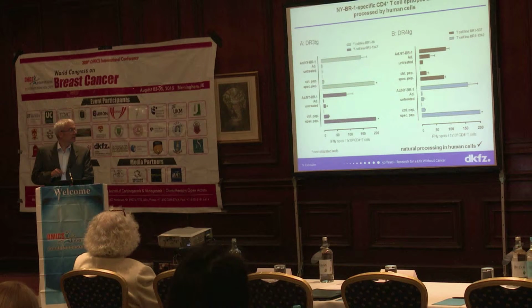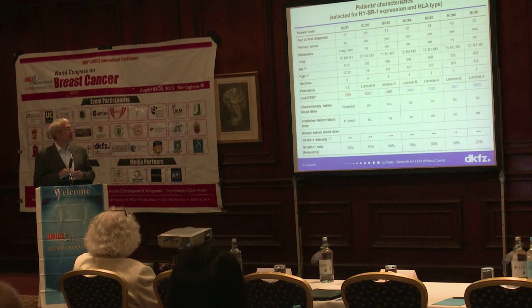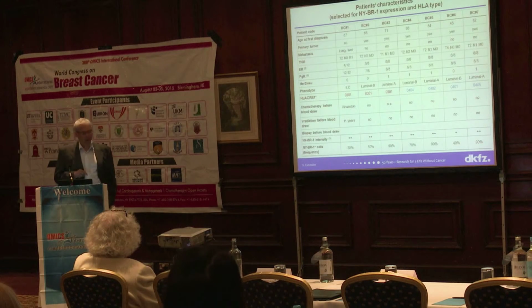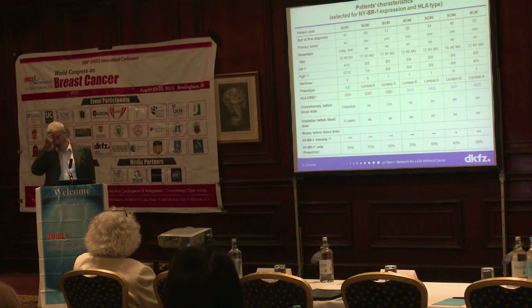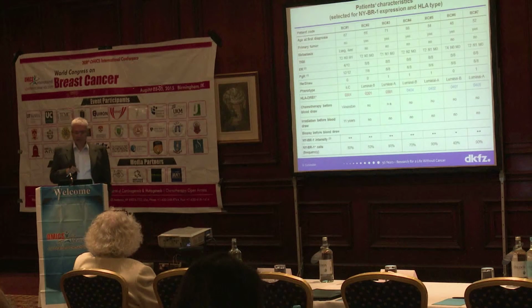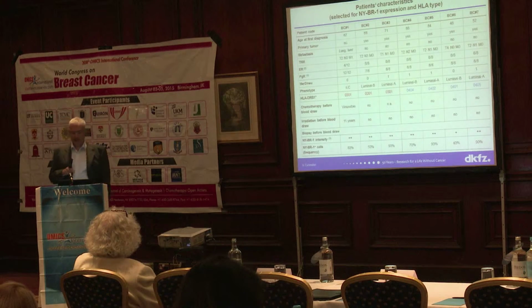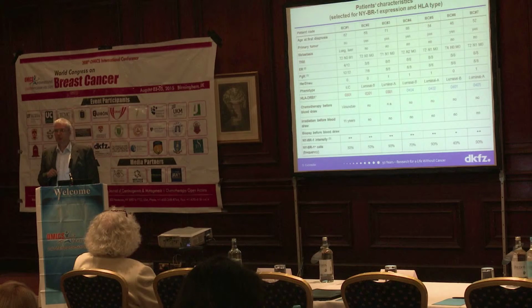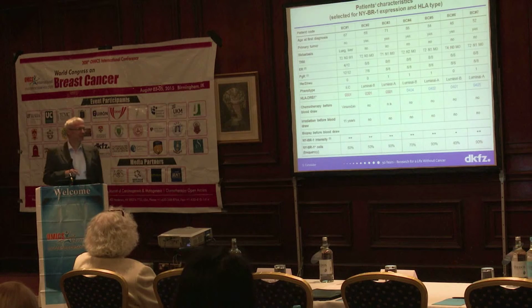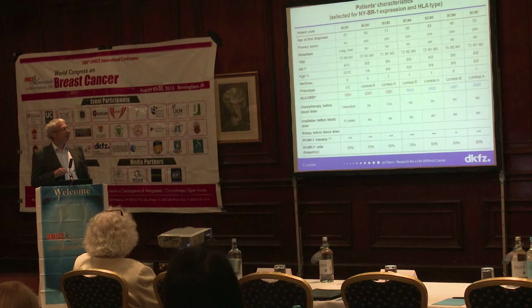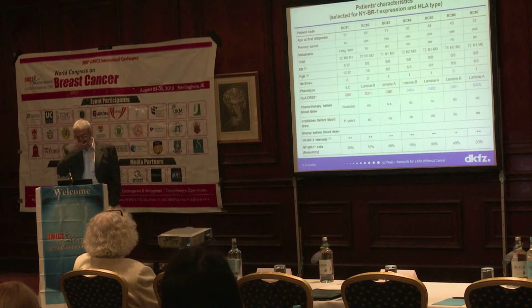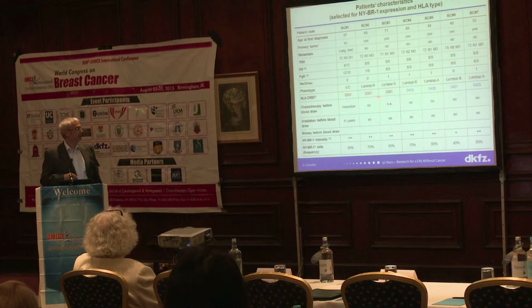Of course, now we would like to know whether also patients have T cells which can recognize these epitopes. And for this reason, we had a collaboration with a pathology. So there was a large number of breast cancer patients where the tumor was tested for NURBR1 expression. And those which were positive, we were able to get PBMC of some of these patients. Most patients are in many trials, so it's not so easy to get blood from them. And we had about 20 plus patients' blood, and we identified the HLA type, the class 2 HLA type,